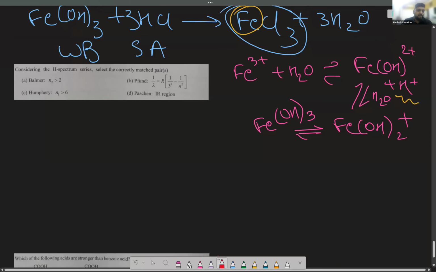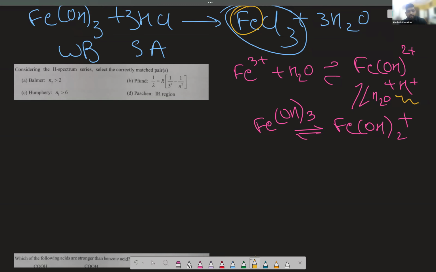Next one is information, right? So considering the hydrogen spectrum, direct information about the hydrogen spectrum, Bohr model. So for the hydrogen spectrum series, select the correctly matched pairs, right? So, Balmer series